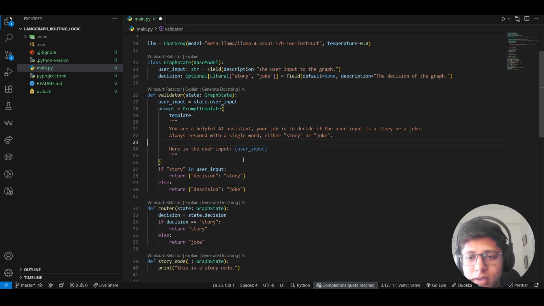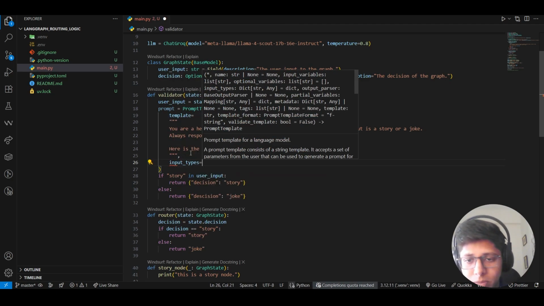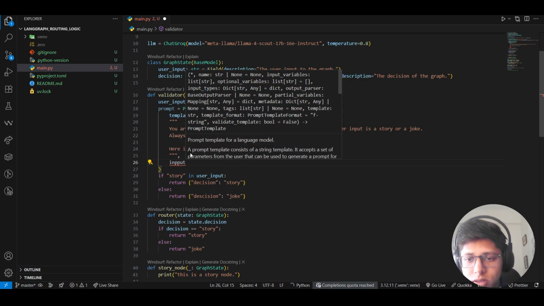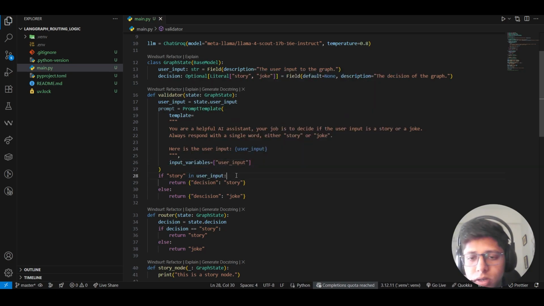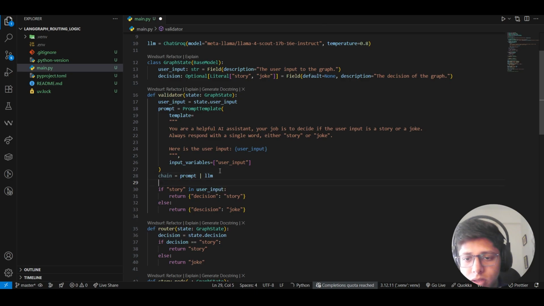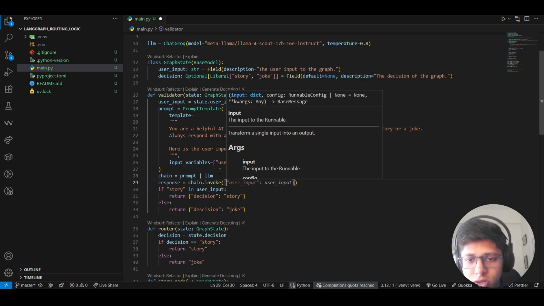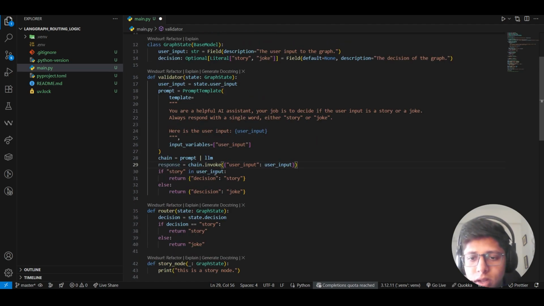We pass that as a dynamic input, and now we can say that our prompt has some input variables, and that is our user input. Again, we'll create a chain. So I can say firstly we go to our prompt, and then we call our LLM. Then we say response equal to chain dot invoke, our user input is our user input, and then